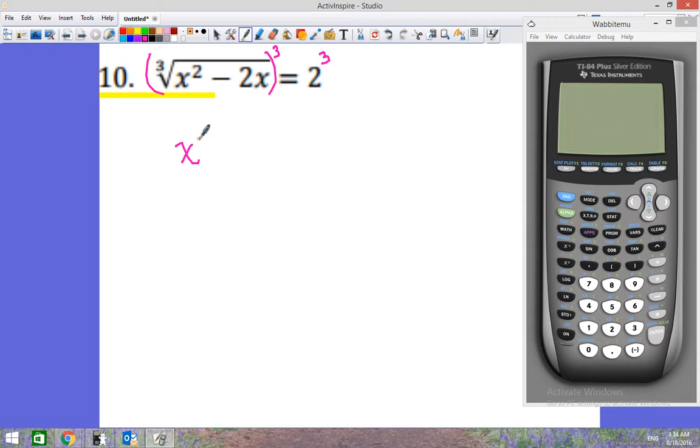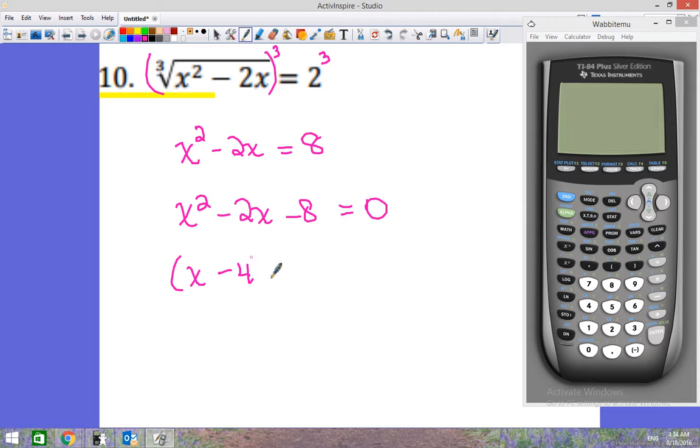That will get rid of that cube root. And so now I have a quadratic equation. Get it in standard form, and try to factor it, and if we can't factor it, use the quadratic formula. So I'm getting solutions of 4 and negative 2,